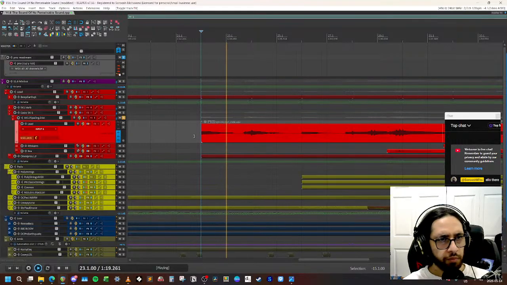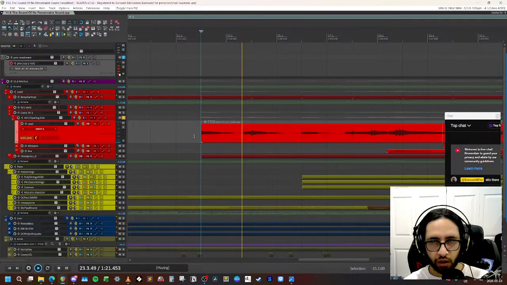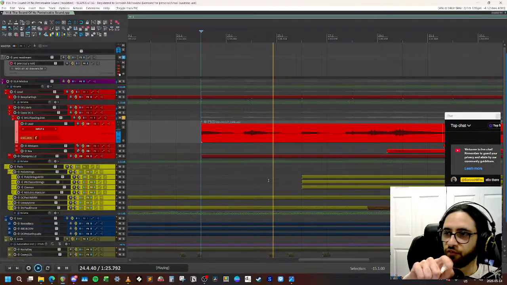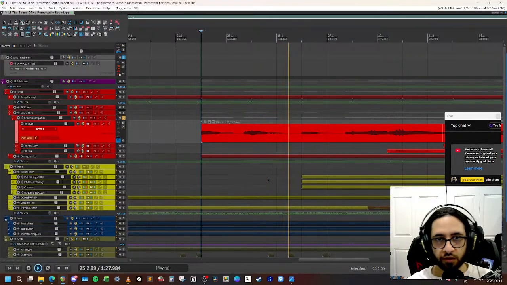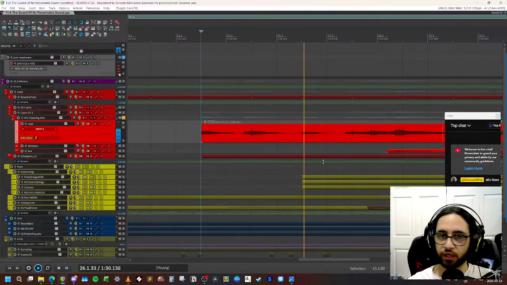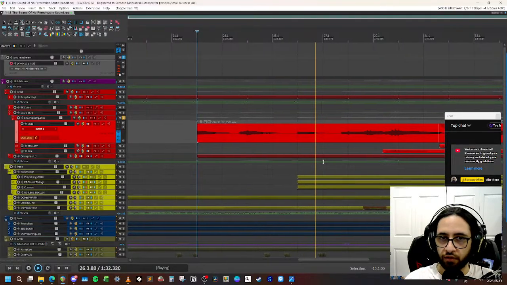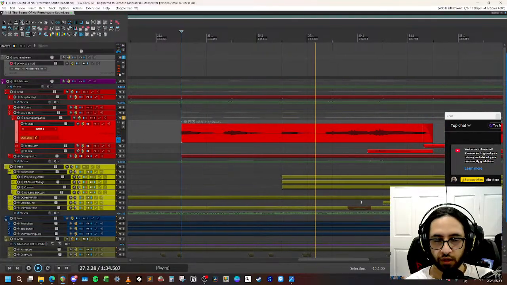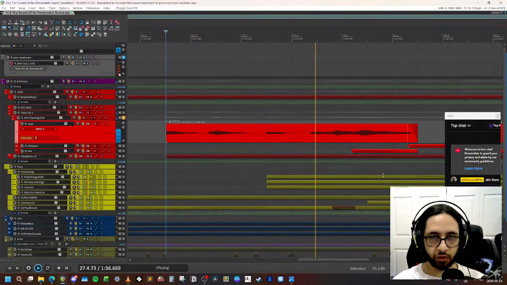I think this might be the pipe organ sound. I think I'm just moving the volume knob on it, because otherwise it's just like bang, it doesn't have any dynamics, right? It doesn't have any envelope controls.